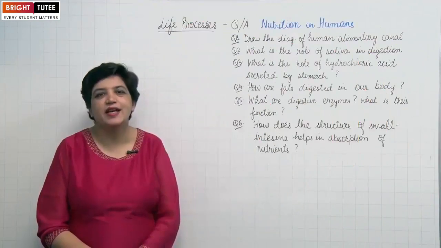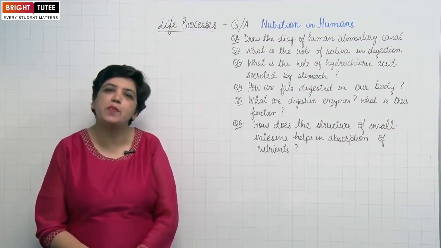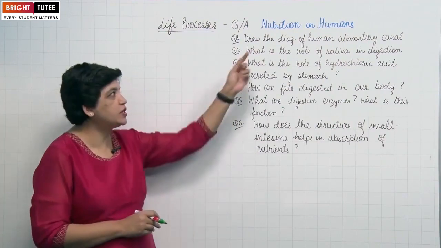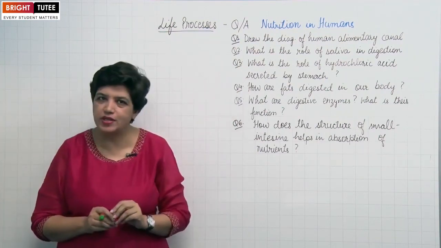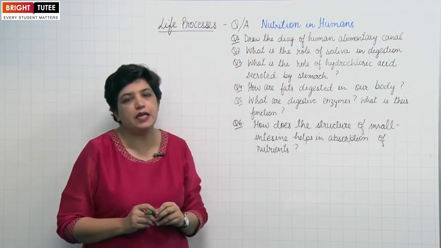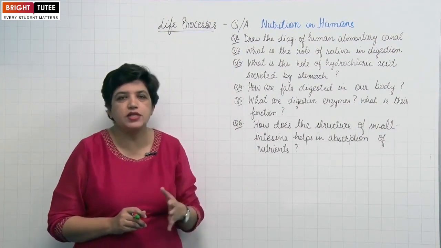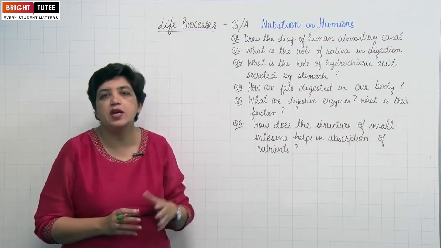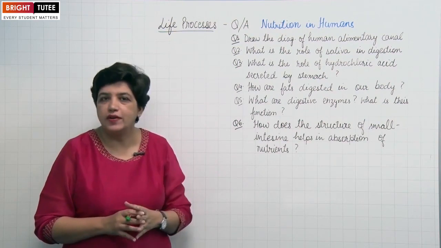So students, in this video, I'll take up some important questions from the chapter Life Processes. So the first topic, nutrition in humans. Question number 1. Draw the diagram of human alimentary canal. As you know, alimentary canal is the digestive system in human beings right from the mouth till the rectum through